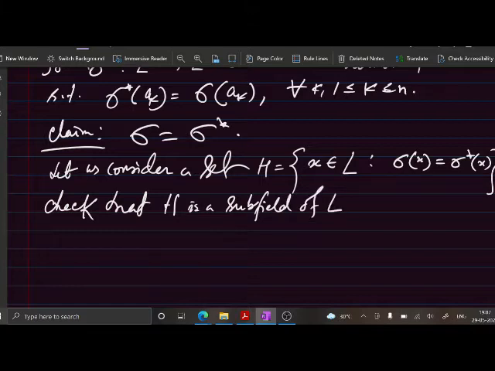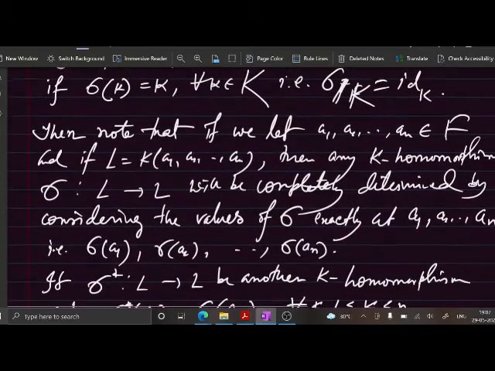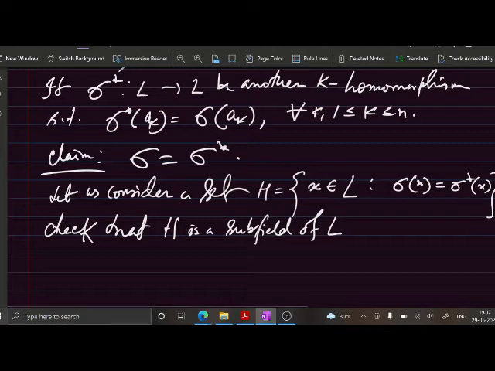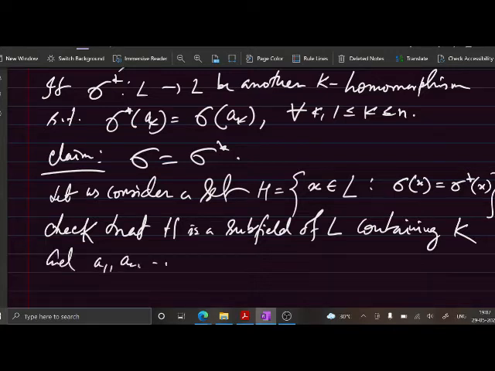দেখো তো এটা চেক করে হয় কিনা, containing K and A1, A2, An. দেখো এটা চেক করা হয় কিনা।